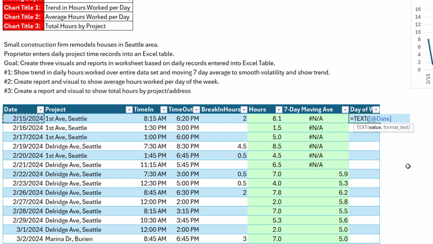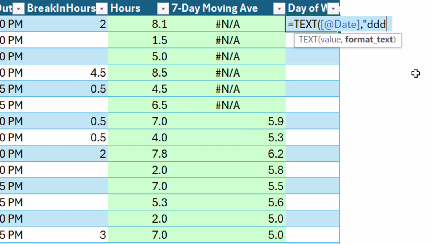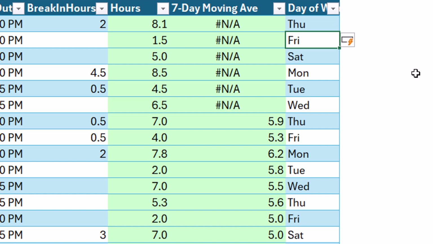The value, well, it's going to be that cell reference, comma, and we have to use custom number formatting. Luckily, when it comes to date, Y is for year, M is for month, and D is for date. So if we use 3 Ds, it'll show us the 3-letter abbreviation. And that's our formula. Now we have each row marked with the day of the week, and we can summarize